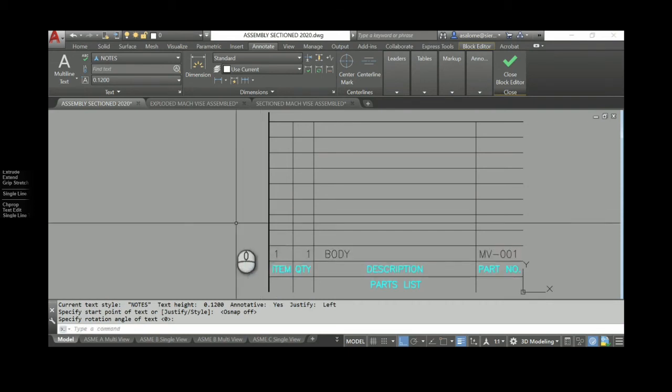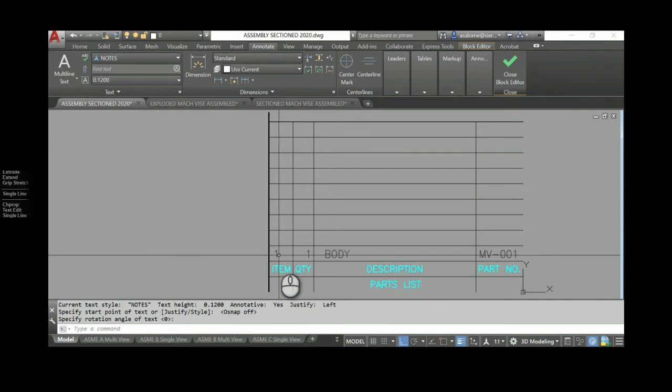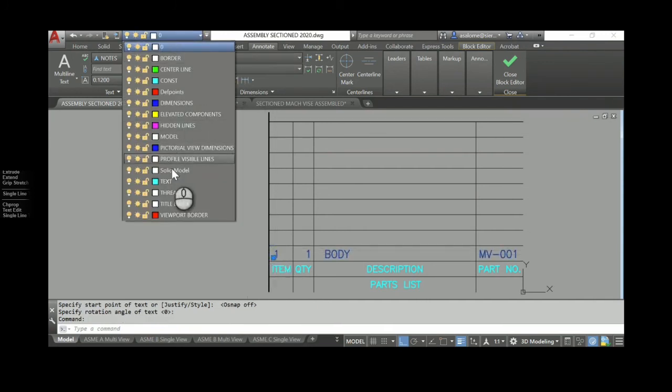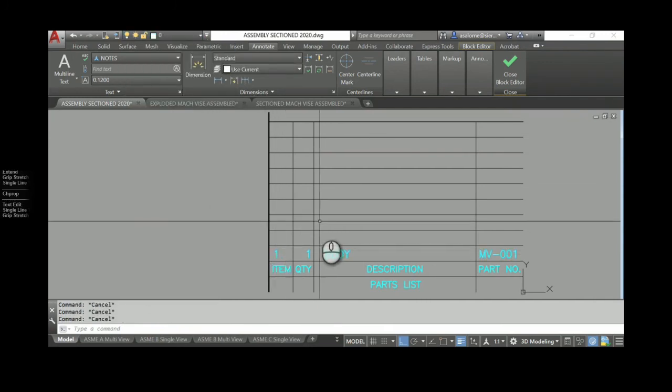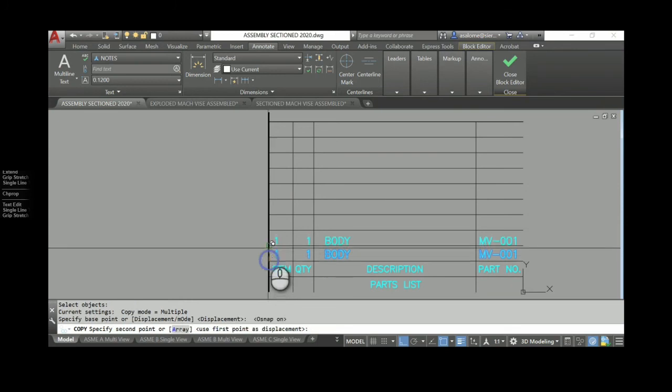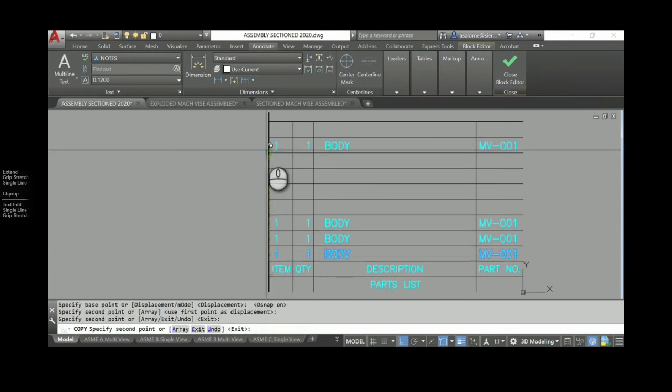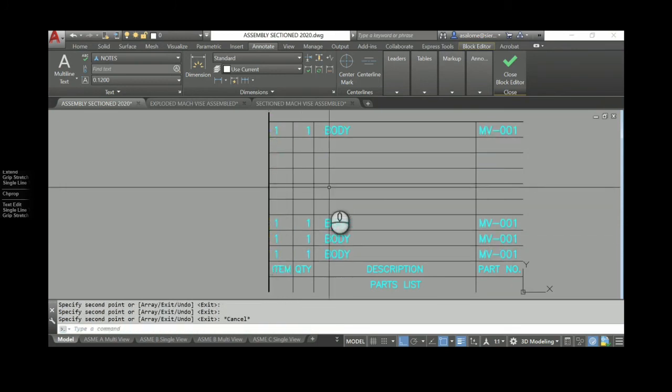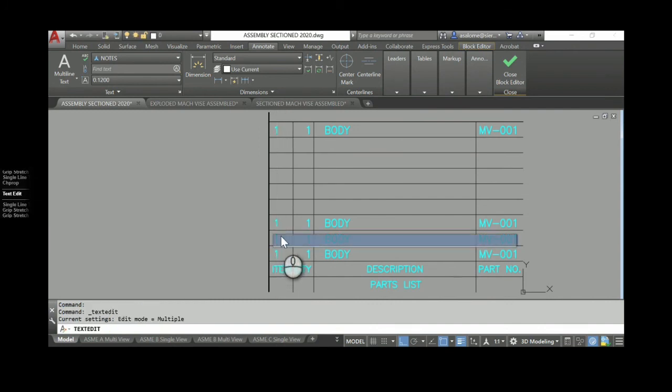Now, once I have that text there, first, let's make sure it's on the text layer too. You can copy it if you wish, to the next one and the next one and so forth. Then you can double click on these. So item number 2, jaw. Make sure your numbering matches up.